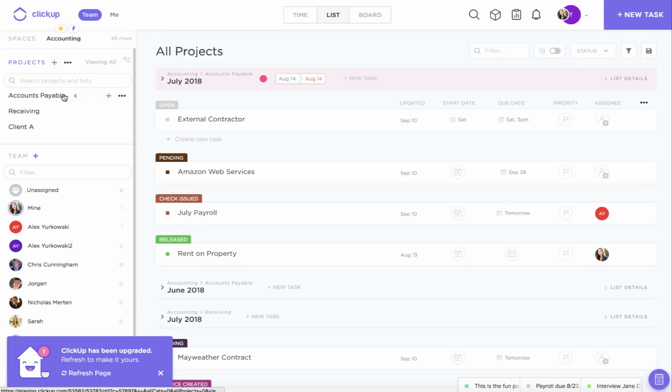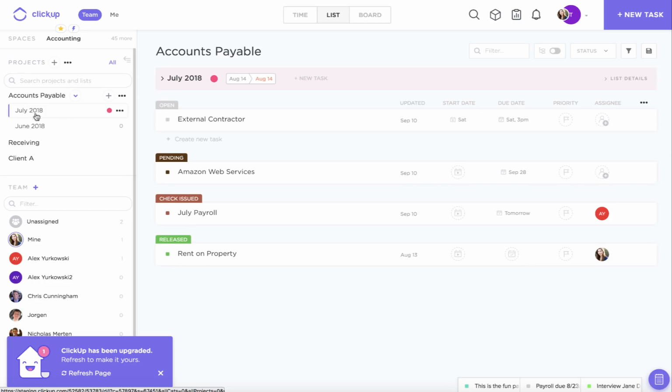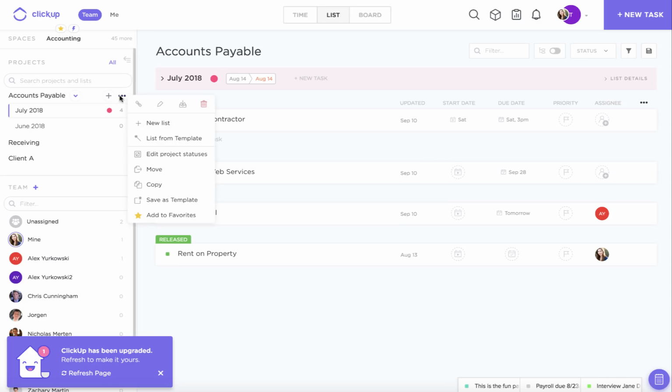One last cool thing that I want to mention about dates is the ability to remap dates when you create a template. So let's say that I've created a template from my July 2018 list. And you can see that I have a few due dates set for this list. If I want to create a new list from this template,